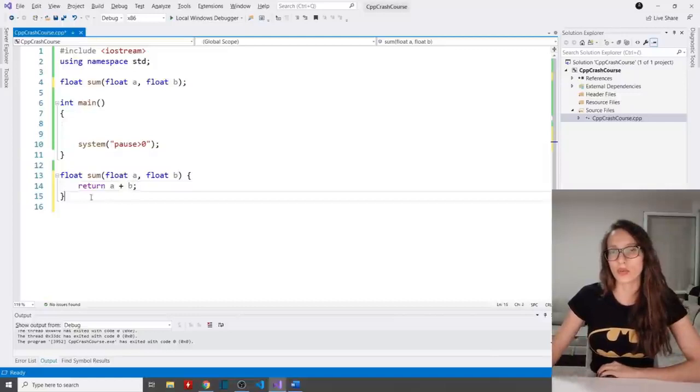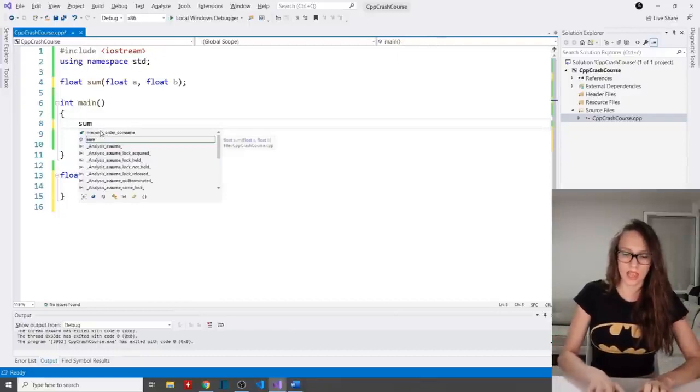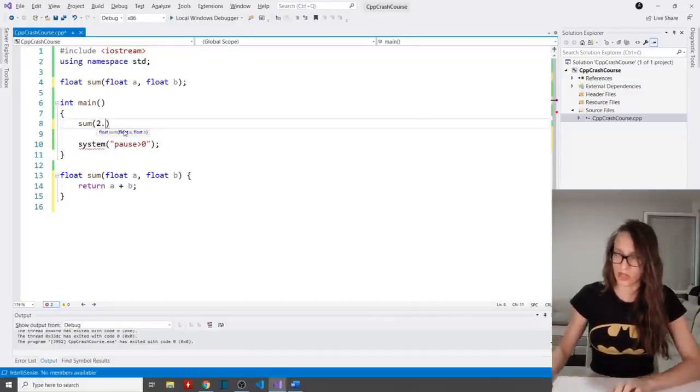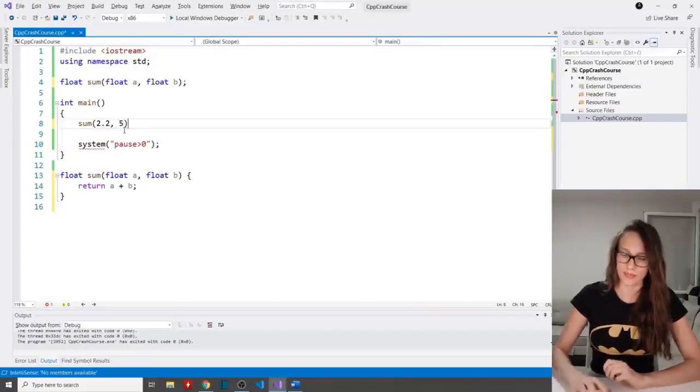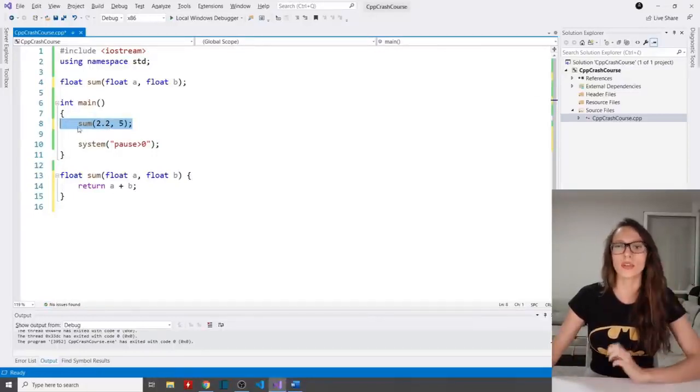Okay, now how do you invoke this function? Here in my main function, I will say sum, and then you pass two arguments, two parameters to your function. So here I will say, let's say 2.2, and then the next one is going to be 5, like this. And what I want to do with this function is I want to write out whatever this function returns to me.